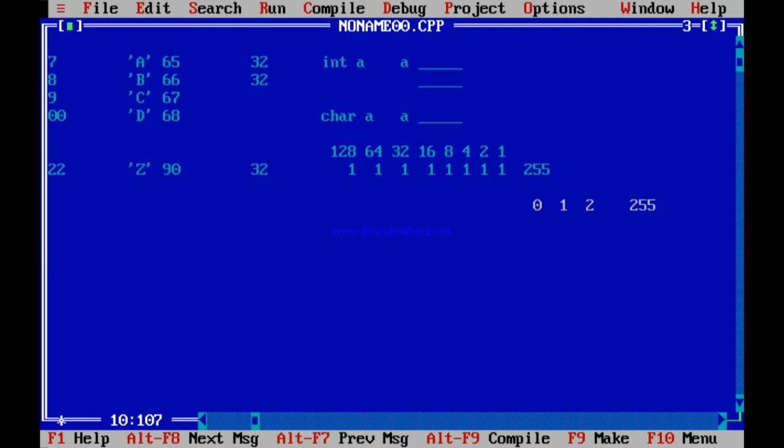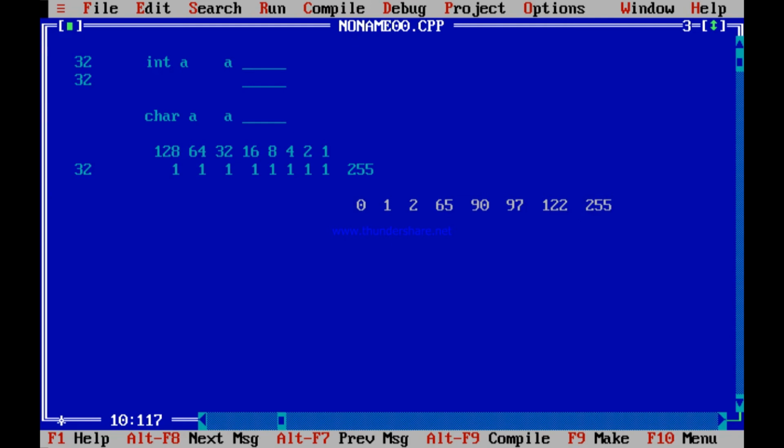In between falls 65, which means capital A. 90 means capital Z. 97 means small a. 122 means small z.